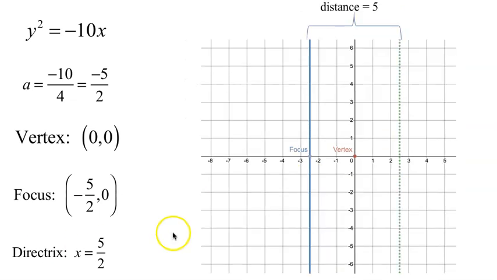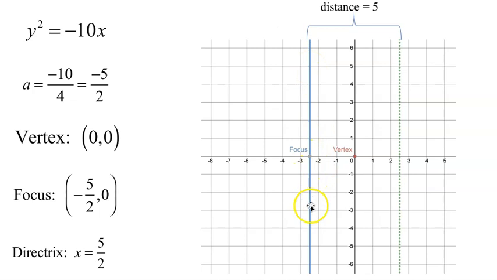So I'm going to draw that line in. There's the line. The distance from the directrix to that line is 5. Notice a half, 1, 1.5, 2.5, 3.5, 4.5, 5. The distance between the directrix and any point on that line is 5. So if I go 5 units from the focus, 1, 2, 3, 4, 5 up here, at negative 2.5, 5